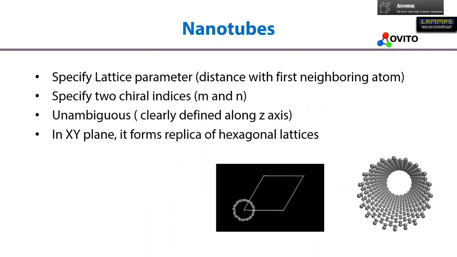And finally, nanotubes. So what are nanotubes exactly? You see here there are different examples of nanotubes, and you might already have an idea what nanotubes mean. In case of nanotubes, you need to specify the lattice parameter, which is the distance. In this structure, you see that there are many atoms, and the distance between two neighboring atoms is